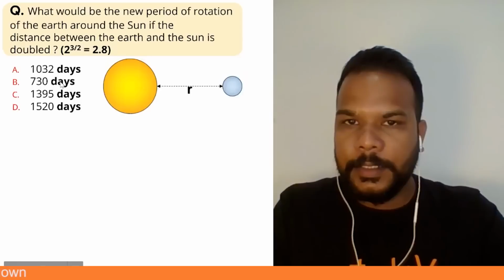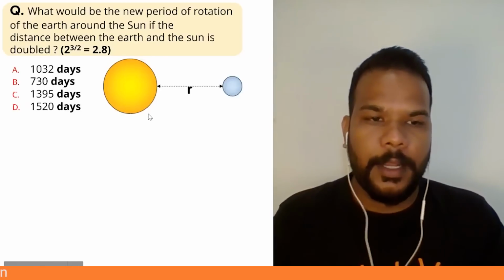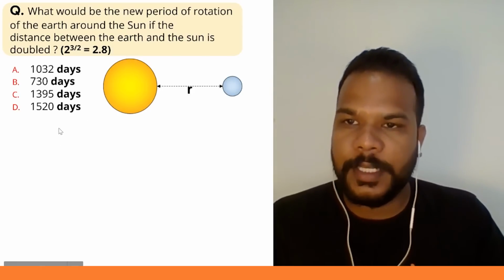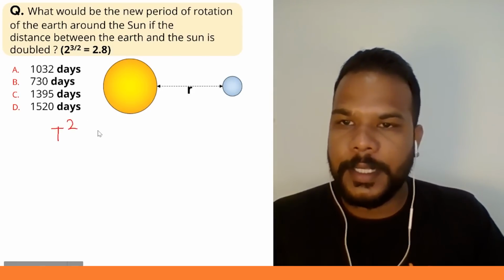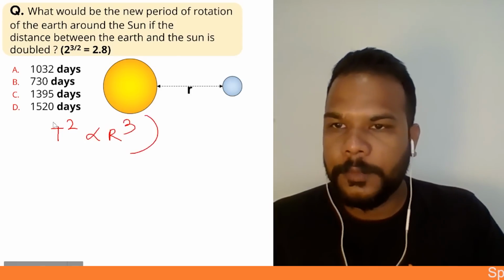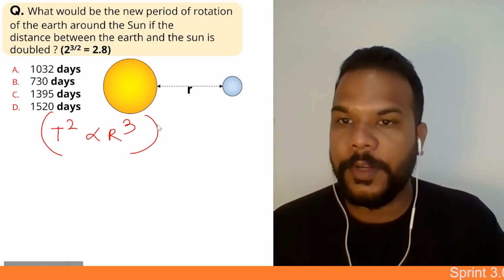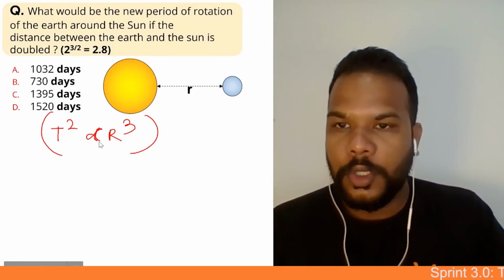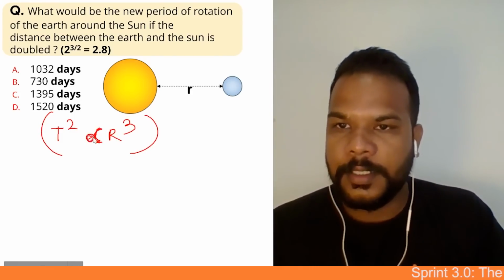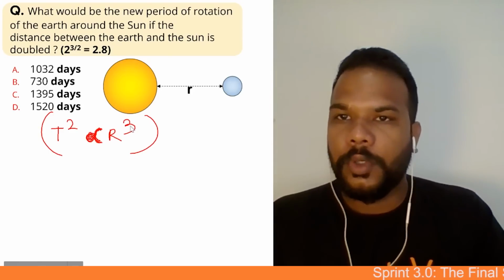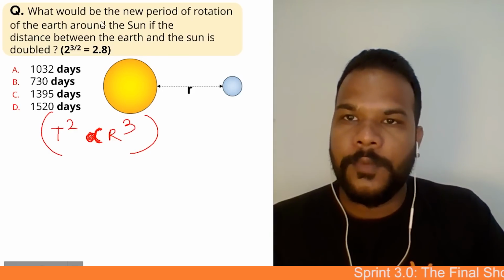Okay, awesome. Now this one is based upon Kepler's law of planetary motion, which says that the third law says that T square is proportional to R cube. The period of revolution, this is called the law of periods, is proportional to the cube of the semi-major axis. Okay guys, so the question says